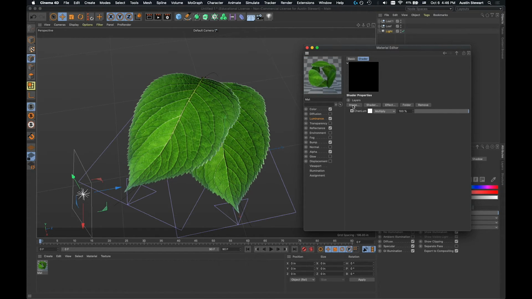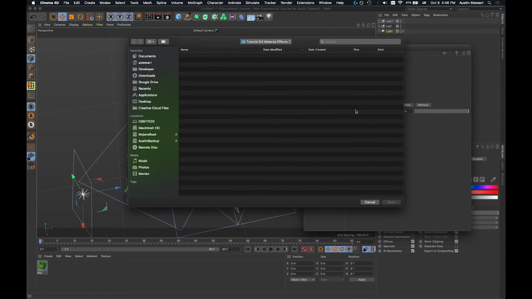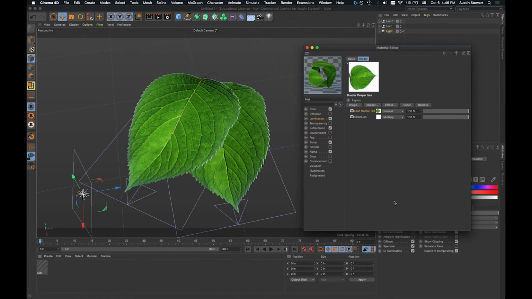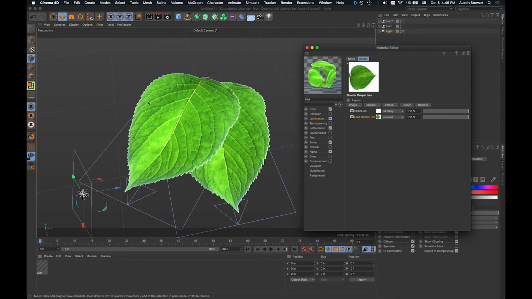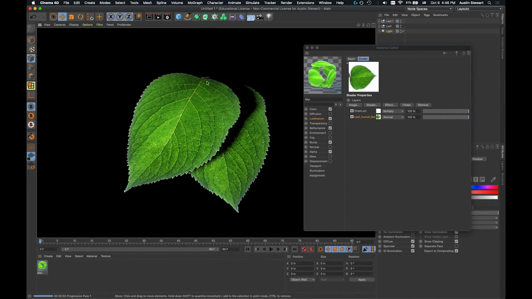And then what we need to do is create an image. And so the image we're going to want, once this sets up, is this leaf fractal. So I'm going to hit open. And then now that I've got this multiply and I've got this normal, and if I pull this down in the other order, right, so now you can already see that these leaves seem to be more luminous,